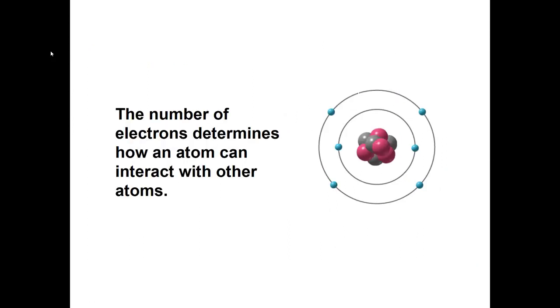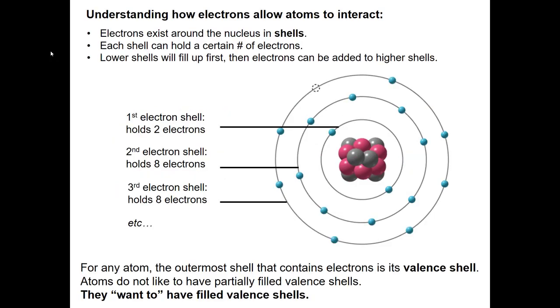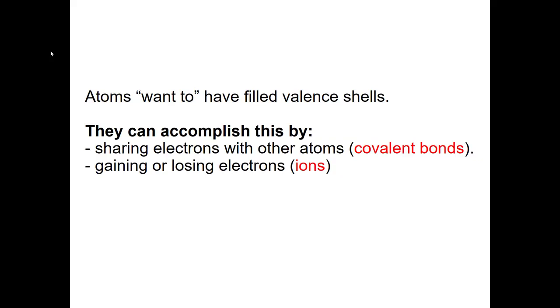Similarly, carbon, which we saw back here, also has an unfilled valence shell. It has 4 electrons in the second shell, but the second shell can hold up to 8 electrons. So carbon is also going to want to fill its valence shell, in this case its second shell, with some more electrons to fill up all those spots. And that's really what's driving how atoms are interacting with each other and how they're forming bonds with each other,